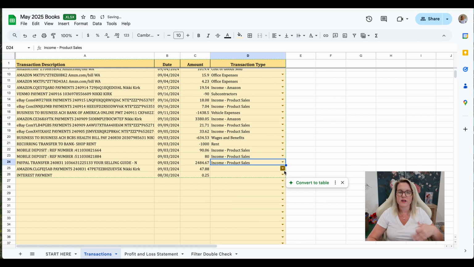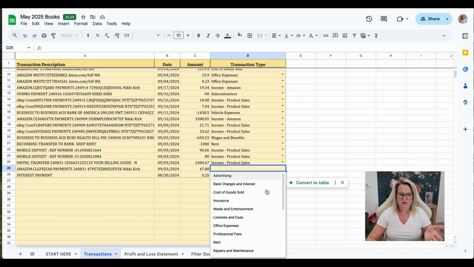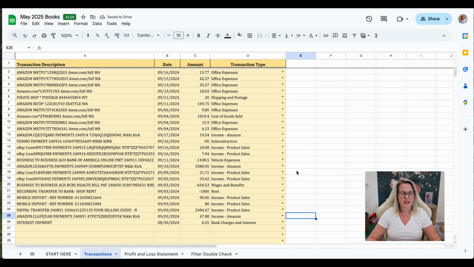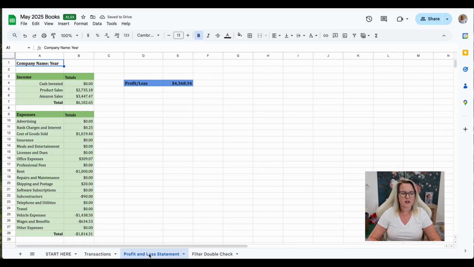So I have it broken out, so you can change the one that says income, owner's deposit, income, product sales into something like income eBay. You can categorize it how you want to see it, if you want to see it broken down more. Amazon, bank charges and interest. Okay, so once you have everything categorized, you're going to come over here and look, everything